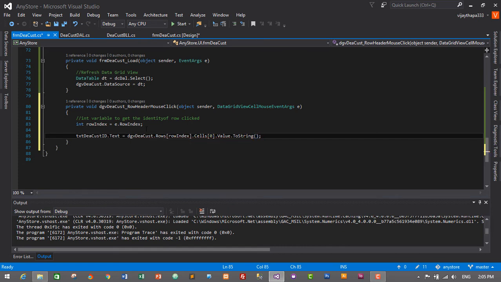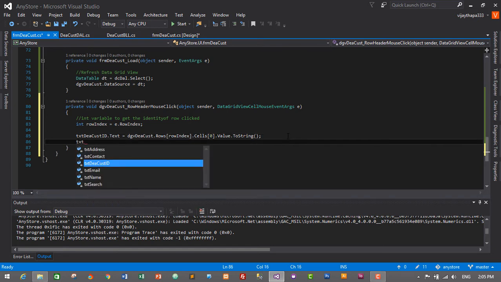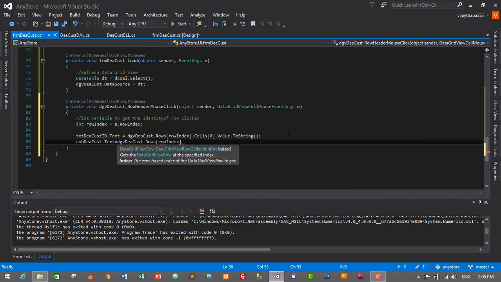So this will give the ID of the selected row and display it in the dcust id text box. Similarly, cmbDcust.Text is equal to dgv.Rows[rowIndex].Cells[1].Value.ToString(),